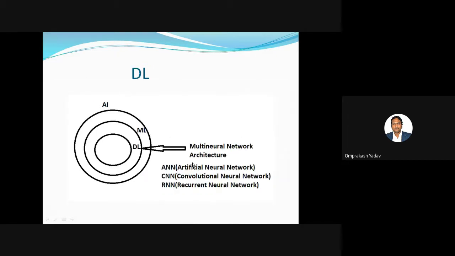Now let's go ahead. And now there is deep learning. If you see, the deep learning circle is even smaller than the ML circle, inside the ML, right? And in turn it is also inside the AI. So obviously it is a subset of ML, and in turn a subset of AI also, right? Deep learning is normally used for multi-neural network architecture, with very deep layers in that particular neural network, right?